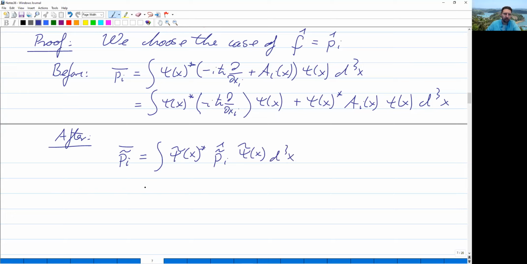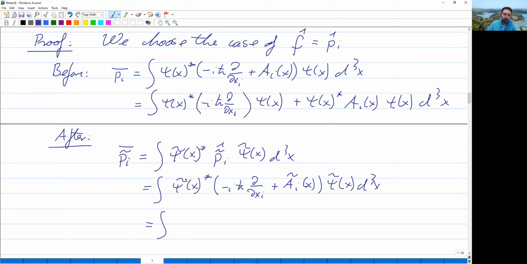All right, let's spell out what this all is. This is then the integral of psi tilde of x star, and then here we have minus i h bar d by dxi plus A tilde i of x. This thing has been transformed, and then here we have the psi tilde of x d3x,